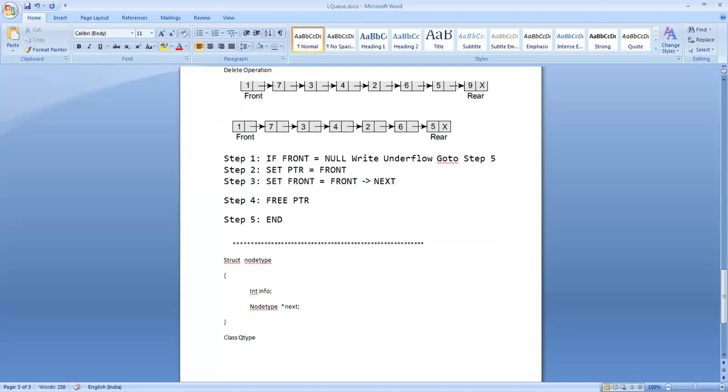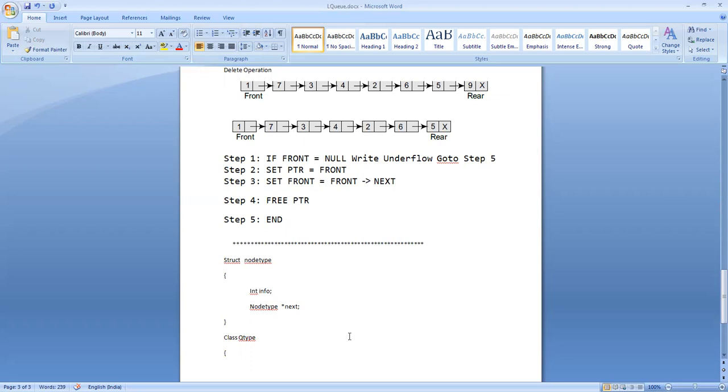The class has two areas: one is a private data member area and another is a function member area. Just now I told you that this linked queue should have two external pointers. Those two external pointers are declared in this data member area.